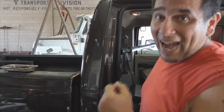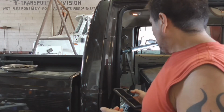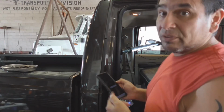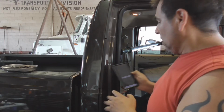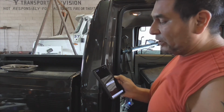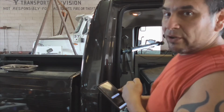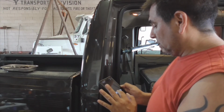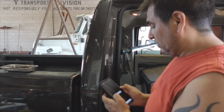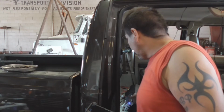If you go to mtx.com, as in MTX, the speaker company, you can download some test tones, okay? Because instead of playing music and stuff like that, you can just play a test tone. This is 50 hertz, if you can hear it. Yeah, you can barely hear it on the speakers, which is good because that's where I want it to be. In fact, that was coming through